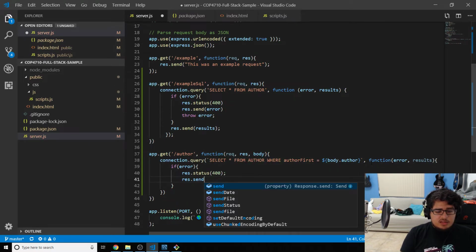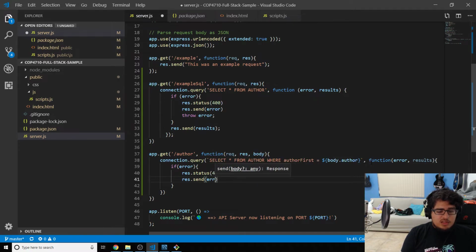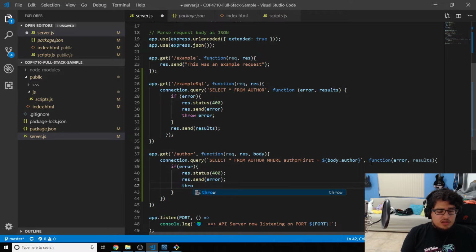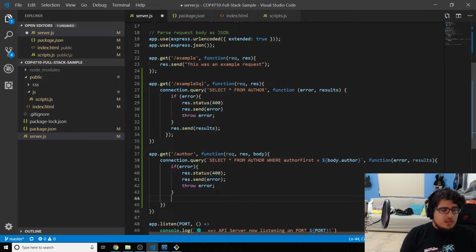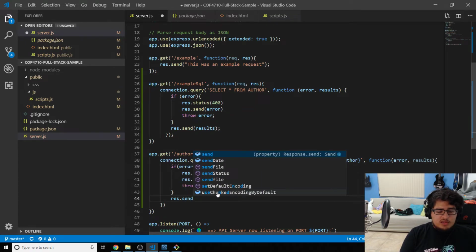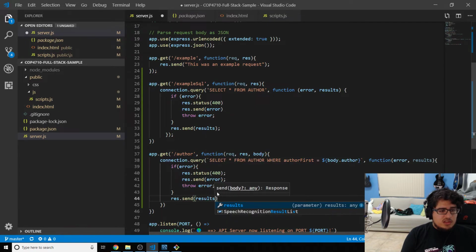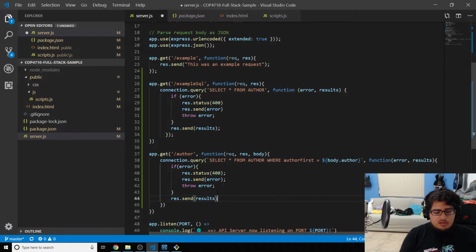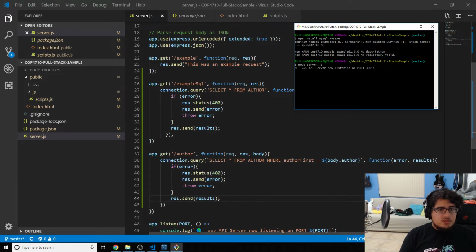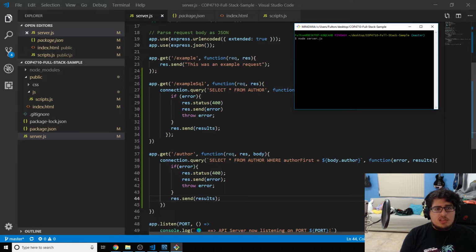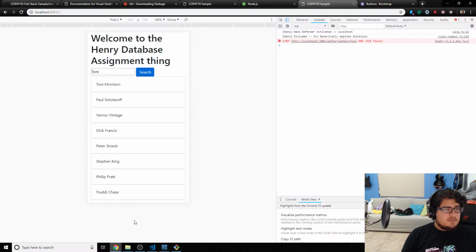We're gonna send the error to the front end, and then we're gonna throw an error in the back end. Cool. And then we're gonna send the results if we don't get an error. Okay, so we need to restart our server for this. Just do it again. Node server.js should be running our new stuff, and if all goes well,